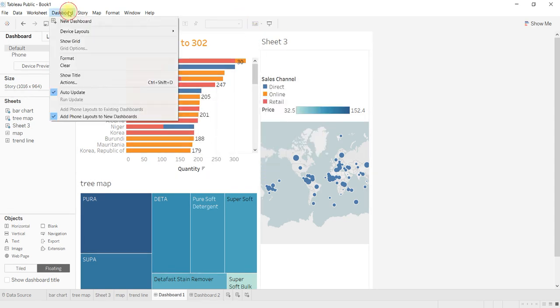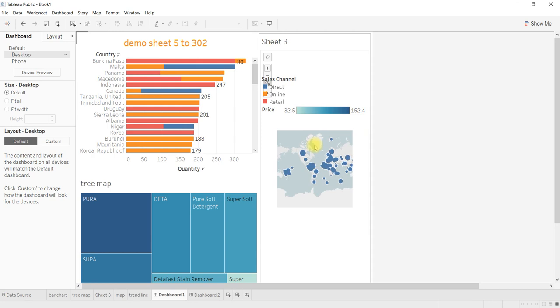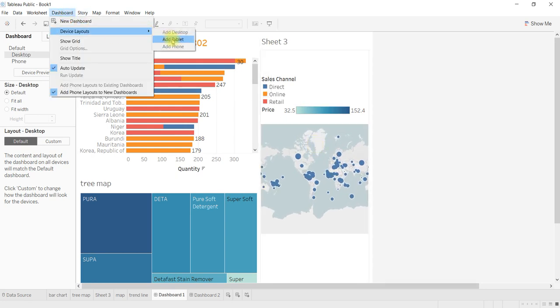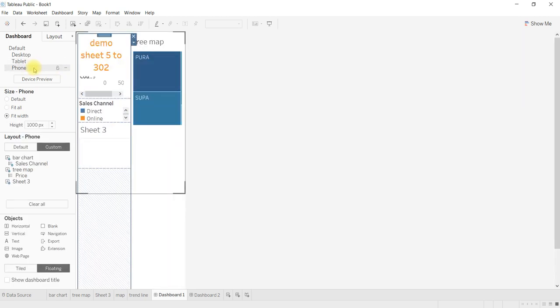If you go to dashboard, device layout, and if you check with the desktop, it will look like this on a desktop. If you go to tablet, it will look like this on a tablet. If you select a mobile phone, it is not that friendly on a mobile phone.